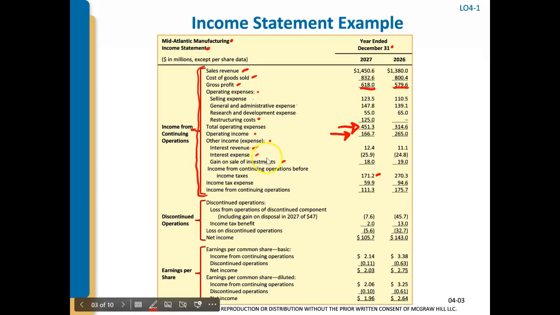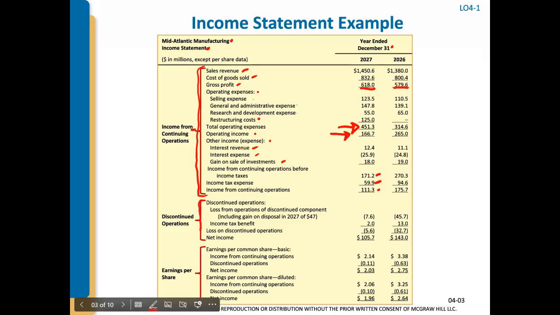Any interest revenue or expenses is also considered not to be part of the day-to-day or core operating transactions. Income tax expense is always listed separately to give you a total income from continuing